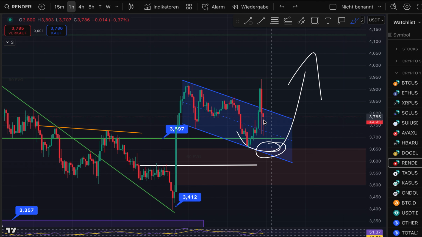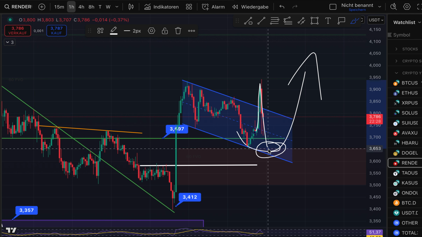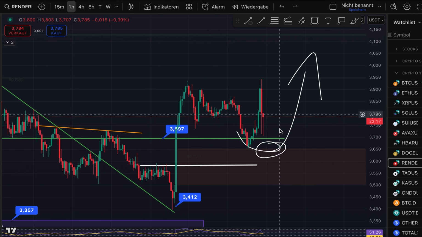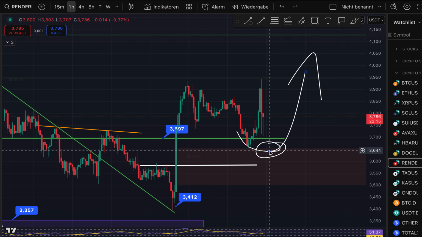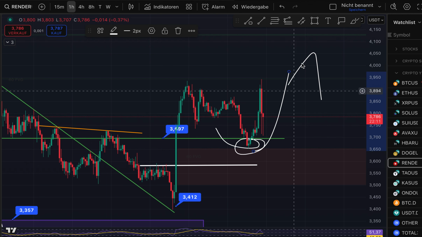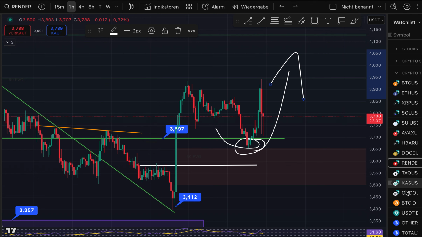Perfect setup. Instead, what did we do? We got this impulsive price movement to the upside, but also this price movement to the downside. So in my opinion, this scenario got invalidated because for every other coin it got invalidated. So I can just take it from the chart. We can still hope that this here was our low, like we have drawn before, and we are going to push more, but that means that every single other coin also has to push.